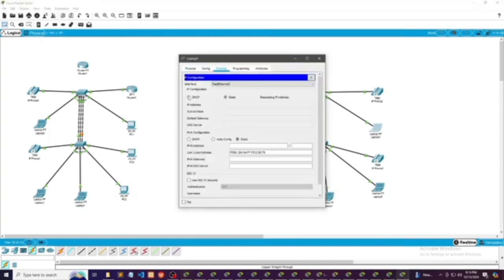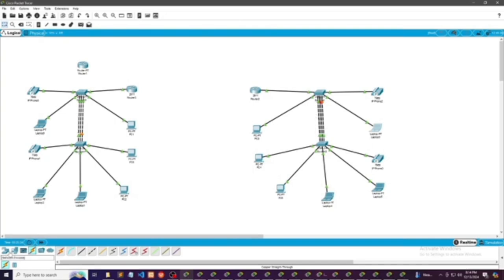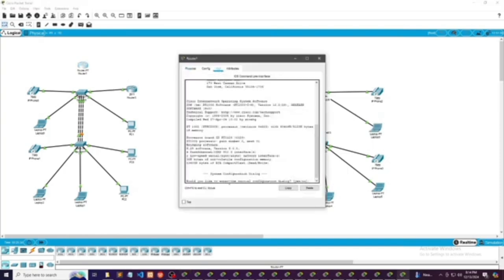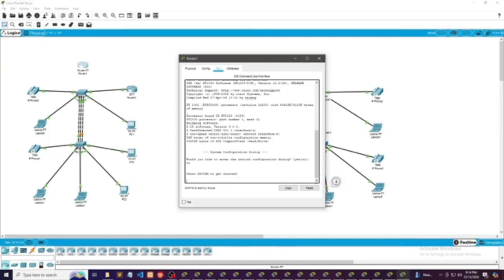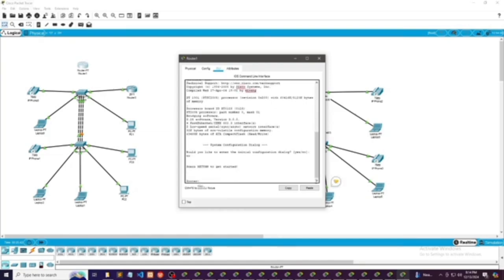Okay, so after that, of course, we are going to put a router PT on top of them that will serve as the main router of the system. So click the router, and let's type a code. Okay, so type here in the router, the codes in the router is different from the router nga nasa system. So this one, it will serve as the main router of that system. And later on, ang router 1, i-connect na to sa router 2.